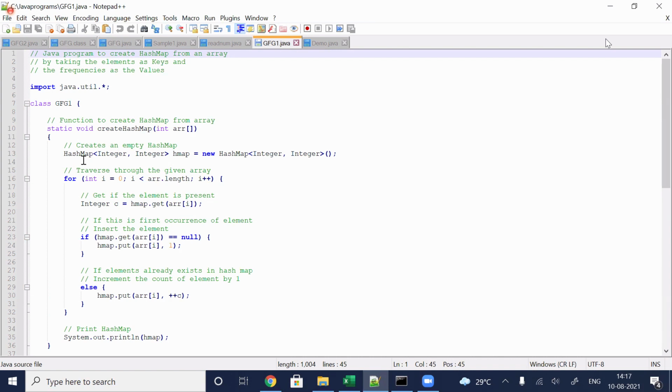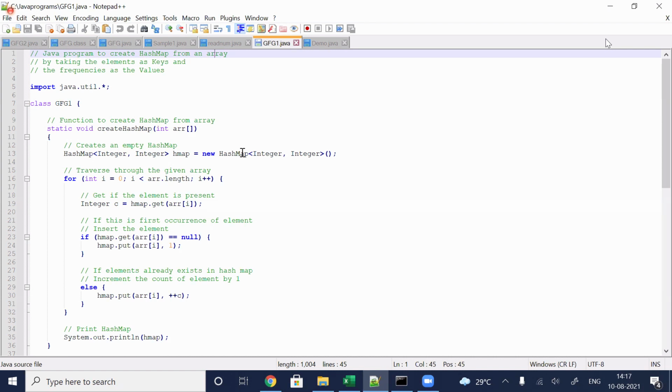If it is mapped, we have to count that occurrence. That's why I'm using the hash map class. Hash map is going to store the number and its count. Number is an integer value, count is also an integer value. So the pair has the data types integer, integer, for which I'm creating the object.